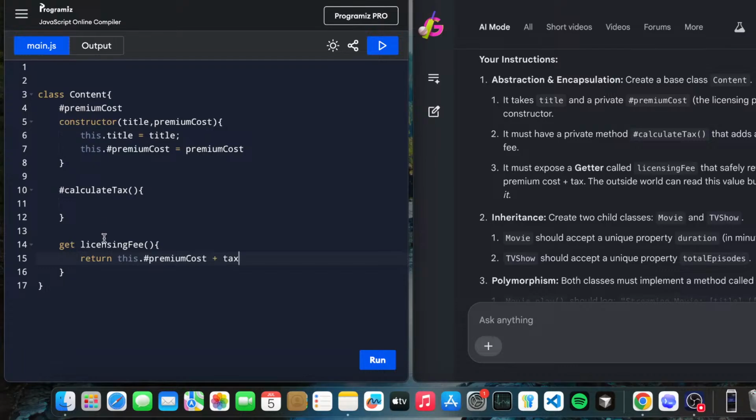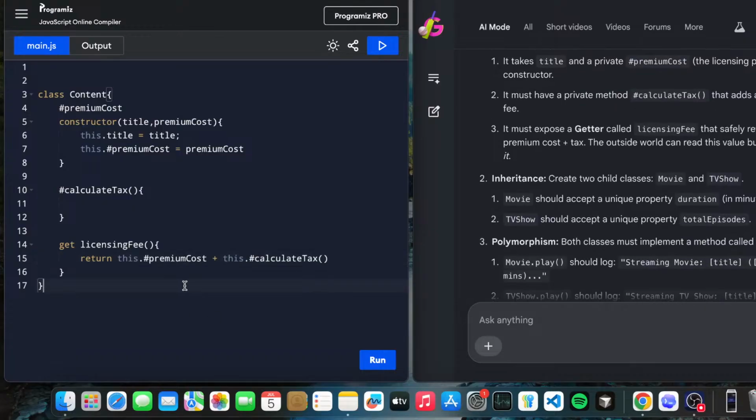Where will this calculate tax come from? Something we will get here: this.#calculateTax. It will return some amount, right? The outside world can read the value but never edit it.